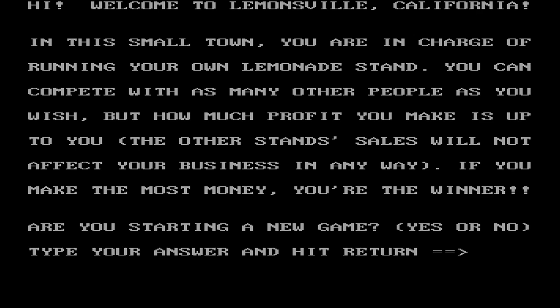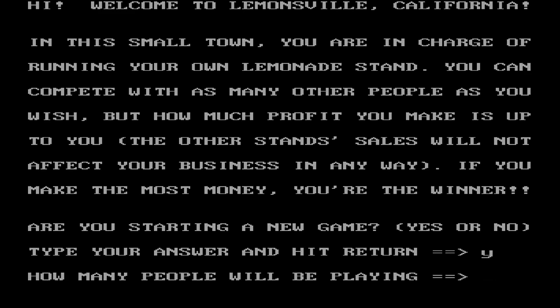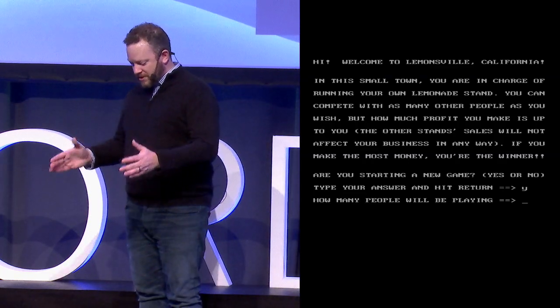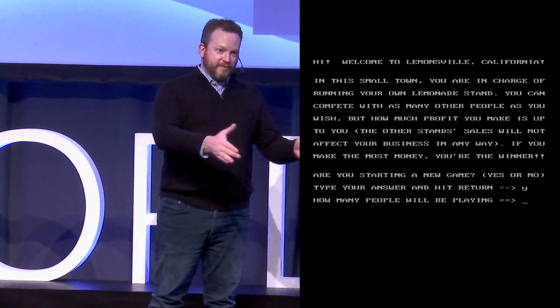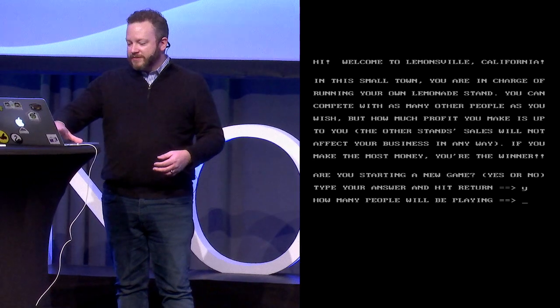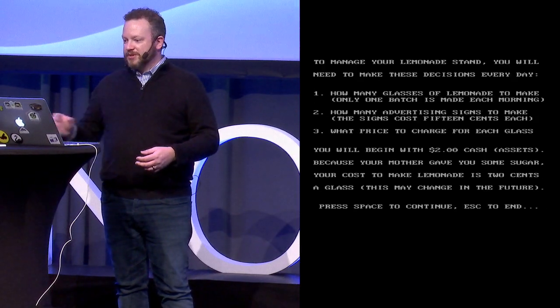Yes or no? What we're doing here is using this legacy application to understand how it works in the workshop. So we're going to say yes. How many people will be playing? The reason it asks this question is because if we think back to 1979 or the early 80s in an elementary school, fourth and fifth graders, kids that are 7, 8, 9, 10 years old, they were fortunate if they had one computer on a cart that rolled around from room to room, and all the kids would gather around it and play this game. For purposes of this, there'll be one player playing.